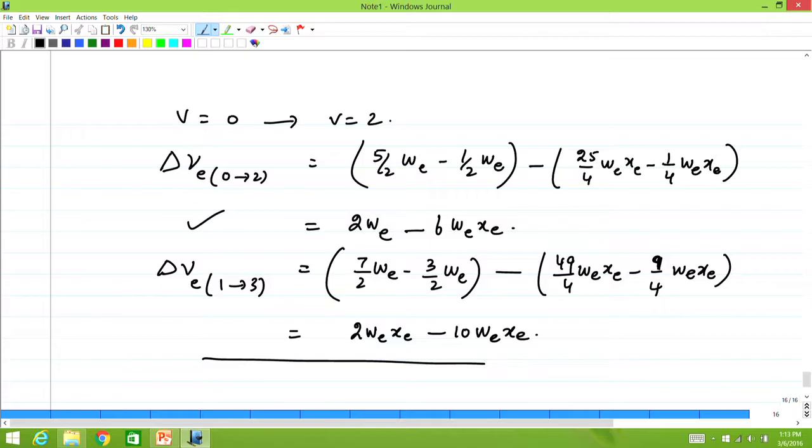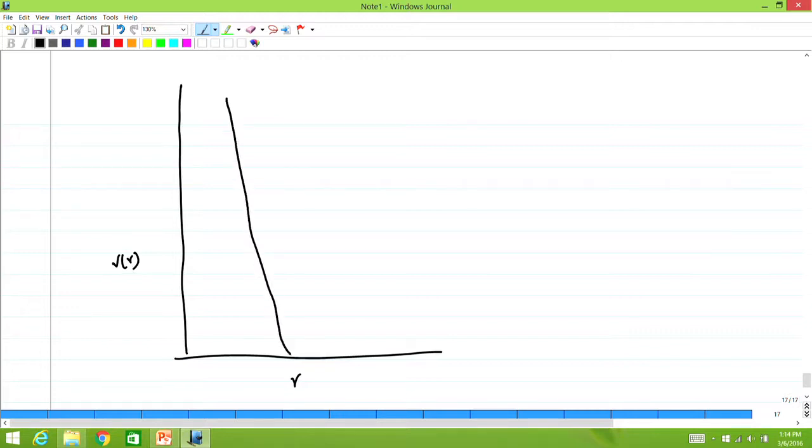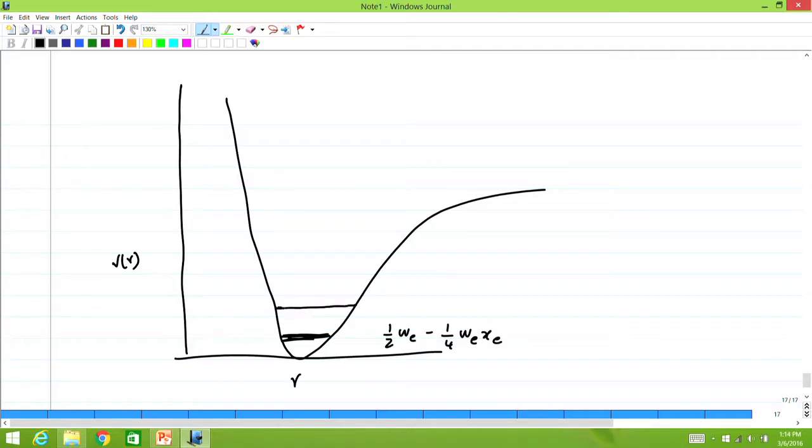What do we gain from this process of calculating? That is important. It is not just this problem. What is important from this problem is that the Morse oscillator model, which has a potential energy V of R, if you remember, has something of this kind that we saw in another problem. The lowest energy level is half omega E minus 1 by 4 omega E x E. The next energy level is 3 by 2 omega E minus 9 by 4 omega E x E. The difference between the two is 2 omega E x E, the anharmonicity term. But if you go to the next level,